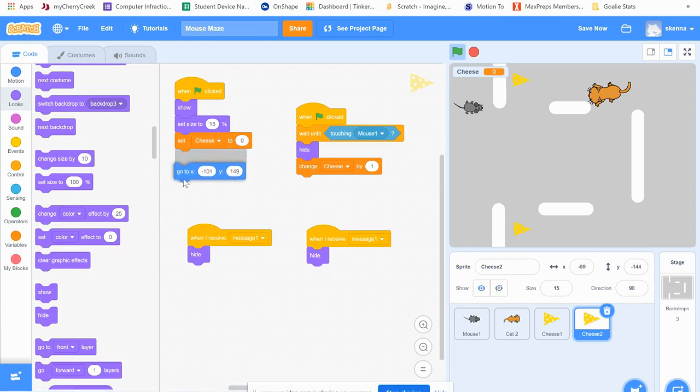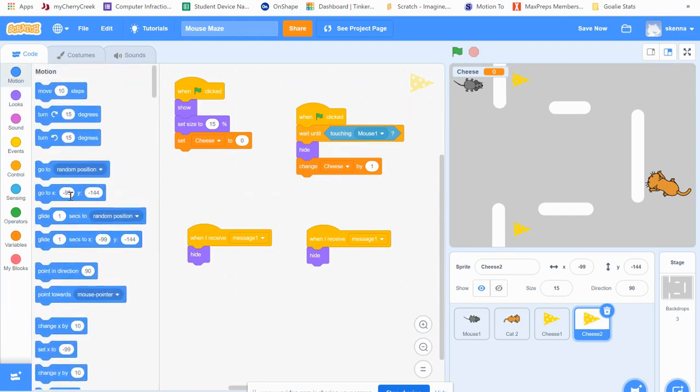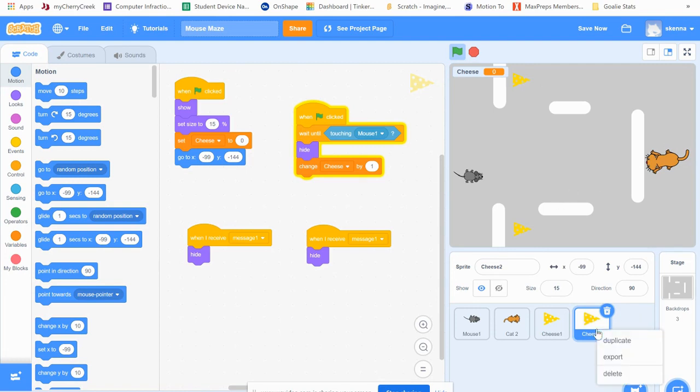Now, what I need to do is take my go to XY off. I'm going to stop, start, and stop again. Go to motion, and you'll notice that now the go to XY position is my current location of that cheese. Just a little trick that I found. So now, as I click the green flag, those 2 cheeses are still there. And I can continue this with